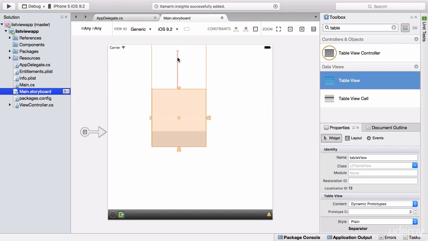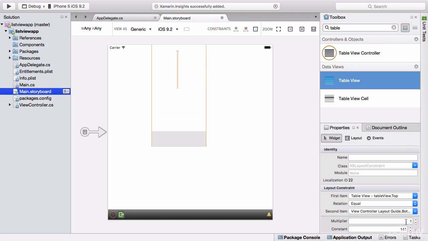Now you'll notice, this is just another constraints tip for you, that top item there doesn't go all the way to the top of the screen. It actually only goes part of the way. And that's to allow room for the status bar on the iOS device. So let me just click that, set it to 10,